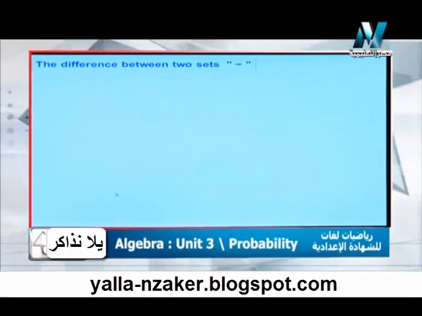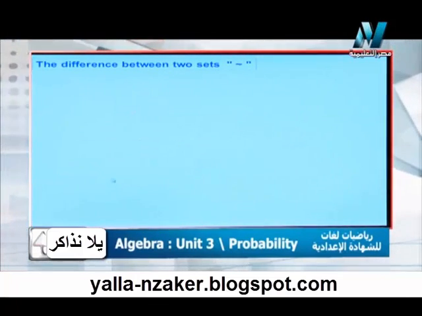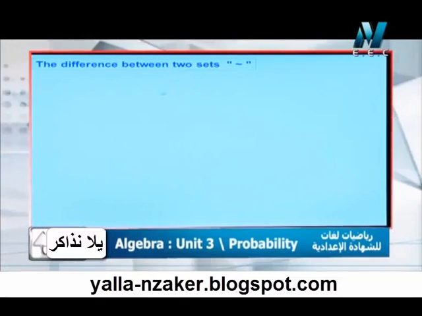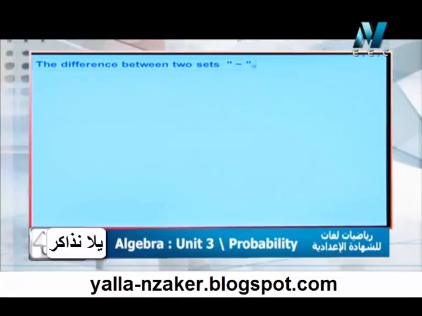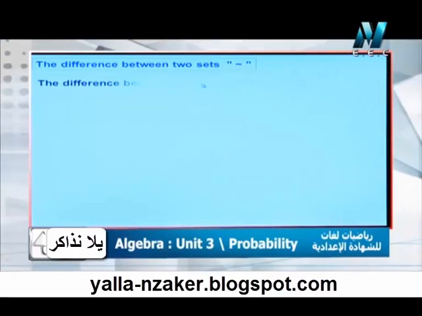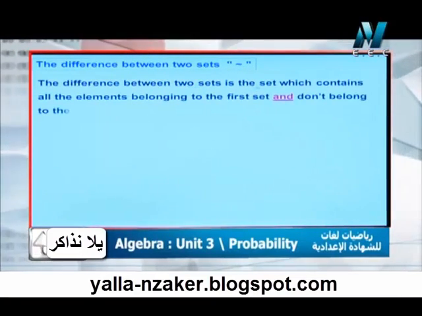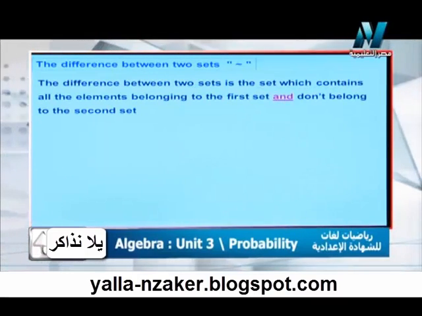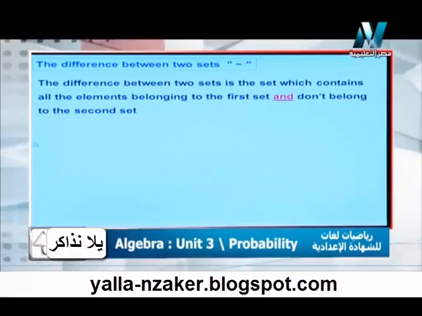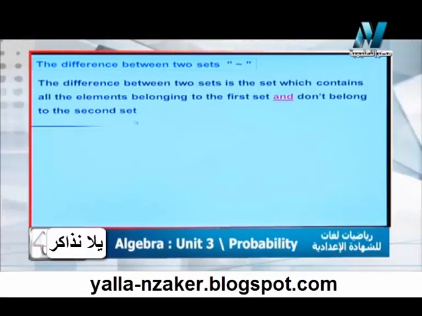طيب نشوف كده what do you mean by the difference between two sets. دي آخر operation عندنا between the events and the probability. The difference between two sets وليها abbreviation كده اللي هو الويف الصغيرة ديت. The difference between two sets is the set which contains all the elements belong to the first and don't belong to the second set. Example